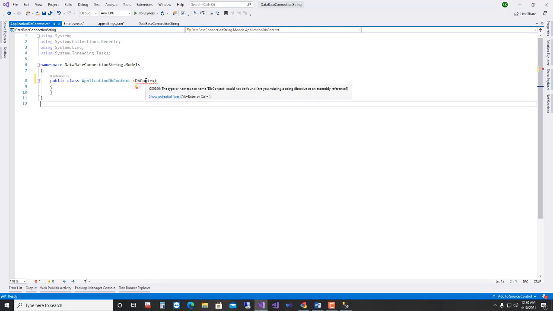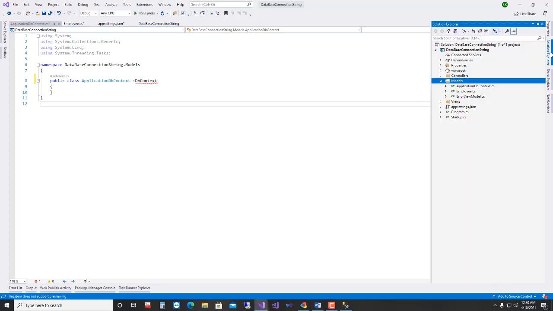I'm getting an error for a missing directive or assembly reference. So for this reason, I have to add a package named Microsoft Entity Framework Core.